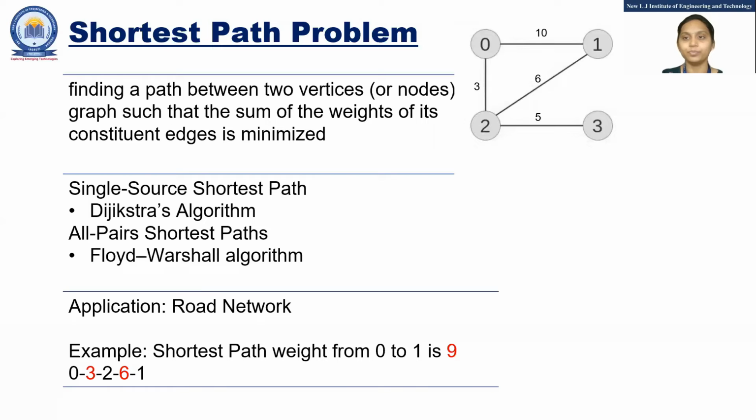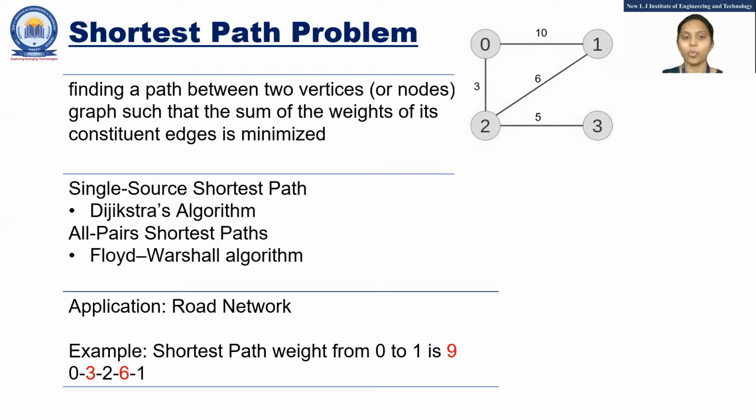Now, as I said, shortest path means you need to take the sum as a minimum. So is it the same as minimum spanning tree or not? Yes, but here, for a shortest path, you need to find it for the start and end node. If someone says you have to find the shortest path between 1 and 3, then you only have to consider the shortest path between those nodes. So this is somewhat different from minimum spanning tree, but if you are confident in finding a minimum spanning tree, then the shortest path problem is very easy to perform.